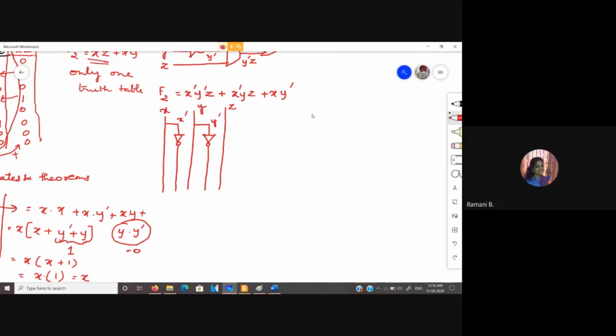So for the first term, we have x bar, y bar, z. If I am placing a dot like this, it implies you have a connection in this particular line alone. I am crossing over all these lines, or otherwise you need to give a jump over each of these, but that would look awkward. So we just denote that you have a connection with this line with a dark dot. Then this is my y bar and z. I am giving this to an AND gate. You should not leave any space over there. So that is the first term.